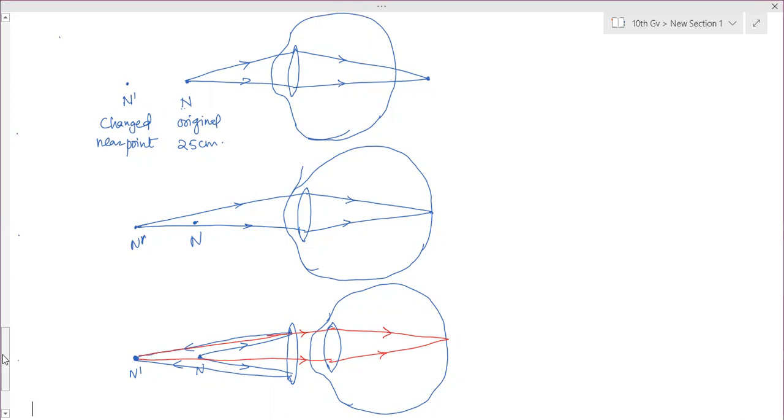Ma'am, the second red line is there, right below. Yeah, it comes from the ender. Ma'am, we should join it from this blue line, right? Yeah, you can join it. Mine is going outside. If I extend here, it is going out of the lens. How will I go? Okay, ma'am.